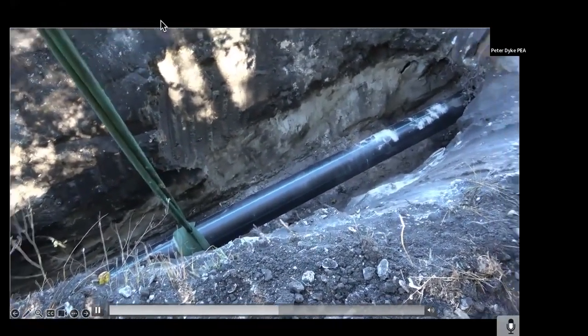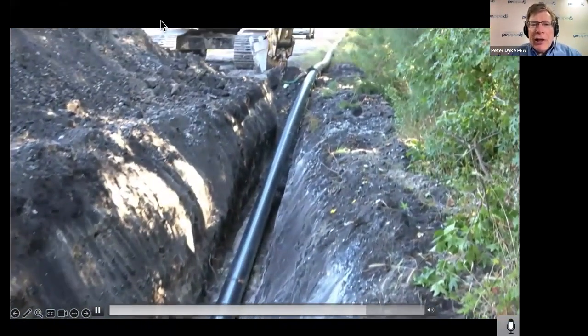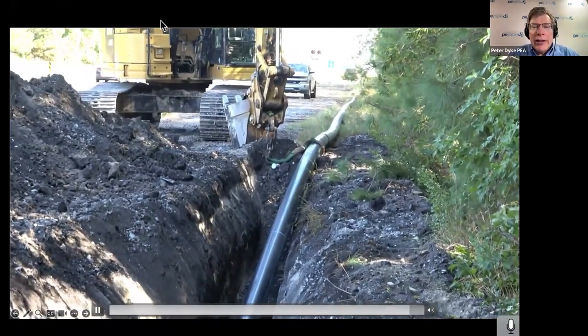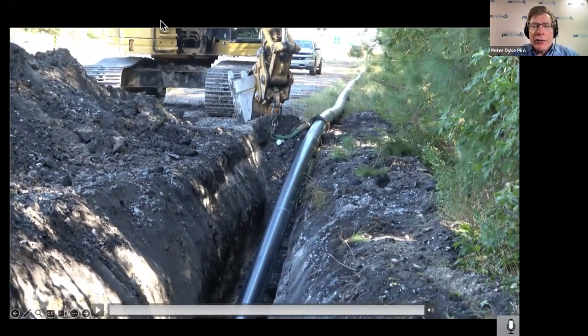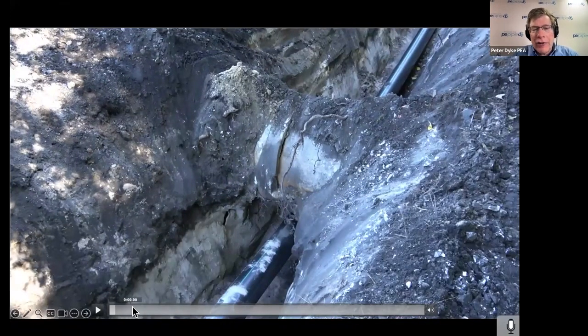So this we shot in Virginia, Alan, and this is just an idea to give people an idea of what you can do to the polyethylene to get it to go under a crossing utility. In this case, it was a sewer line. It was a low pressure force main, and it wasn't going anywhere. But they had to get that pipe back up to elevation in order to effect a fusion here off on the left. And so it's actually pulling up on that,